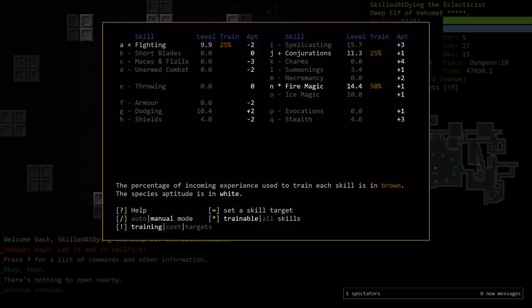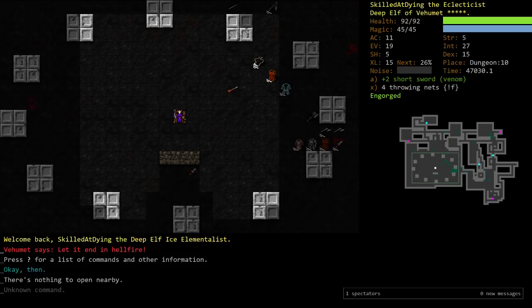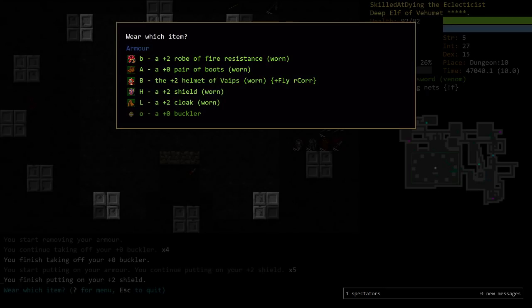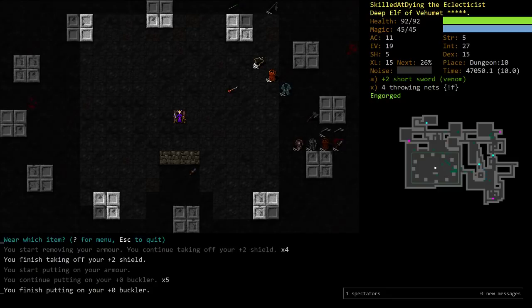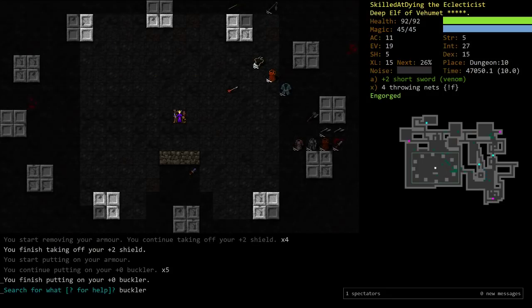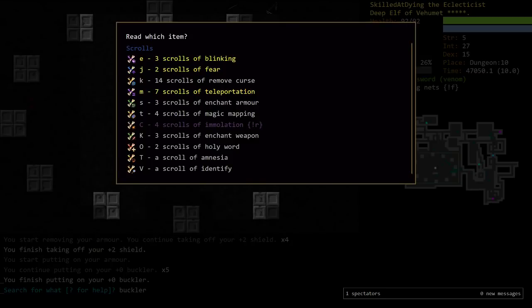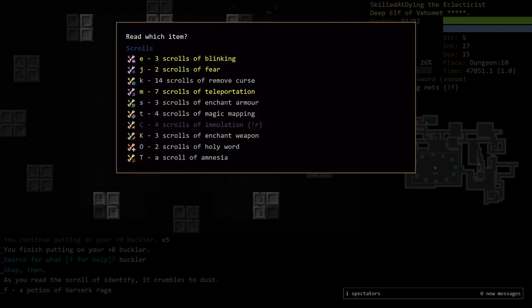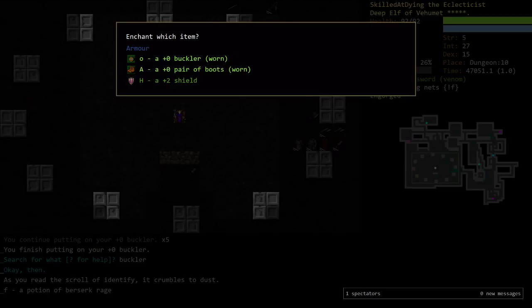I think what I'll do is turn spellcasting off for a moment, and start training more shields. That might sound weird, but I actually have a shield in my inventory right now. I don't know if you could see that, but I had one. So I'm interested in the arts of improving my shieldliness as a good defense. In the meantime, though, I kind of want to go for...